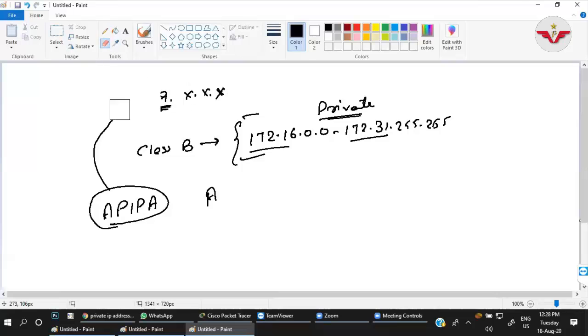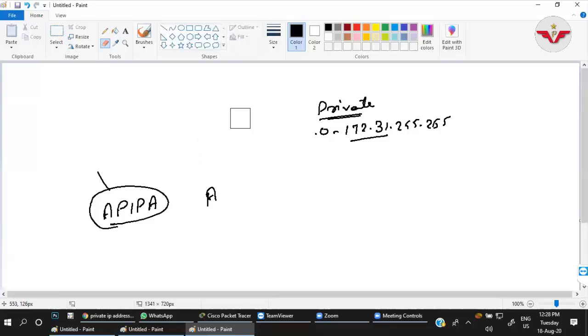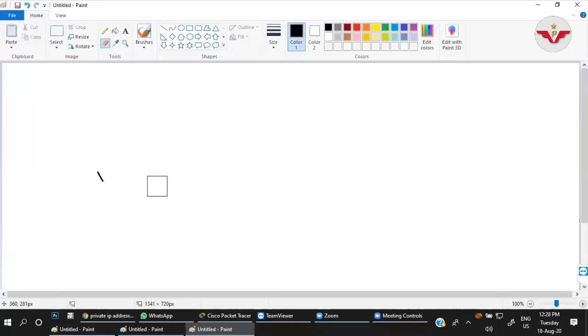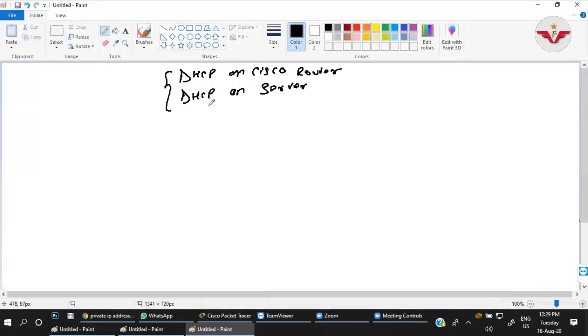Now let's come to the point. In today's session, we will draw a topology in which we will configure both DHCP on a Cisco router and DHCP on a server, and we will check whether both are working the same way, providing IP addresses to the PCs on the network.